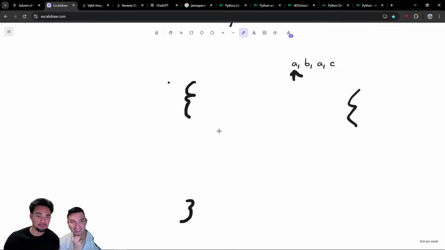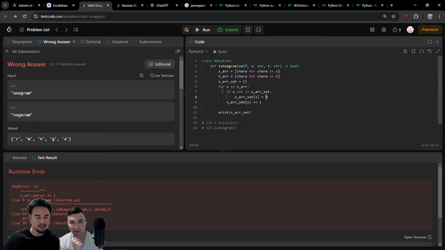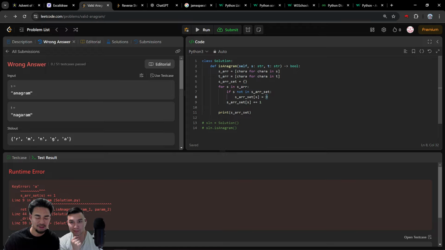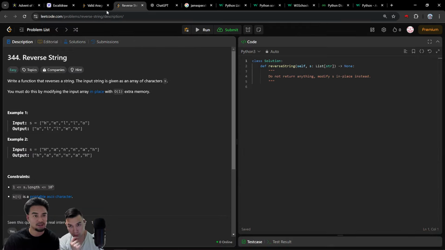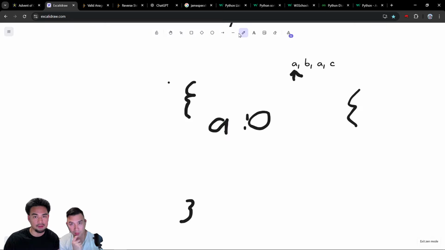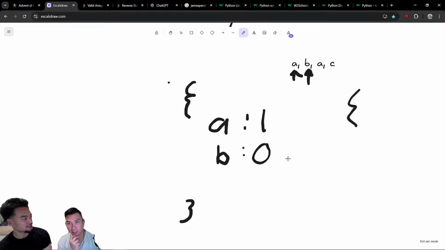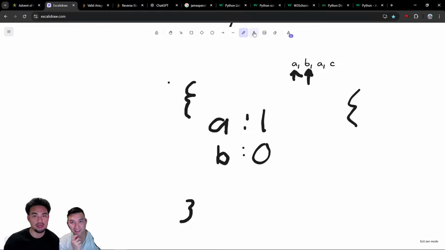So pretty much the first time we see A, we add A here and we initialize it to 0. Okay. Right? Because we're looping through each element, we start at the first element. We set that to 0. And then automatically after, we increment it because we hit that line. So that gets to 1. Then we move on to B. B comes in. We initialize it to 0. If B is not in there, otherwise we would try to just increment it, but it's not there, so it throws an error. It's like, B is not in your set. Right? And then now we increment this